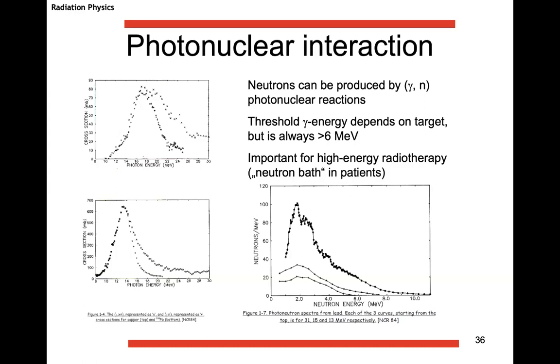Actually, to be clear, this is so important that until a few years ago it was common to have very high energy LINACs for radiotherapy, 25 MeV even. In Frankfurt, there is one at 25 MeV still now. The reason is that the depth dose distribution is much more favorable, very flat as a function of the depth, much more flat than for low energy photons. But it was the generation of secondary neutrons that started to worry the radiation oncologists, to the point that these days very few machines at energies greater than 6 MeV are actually sold.